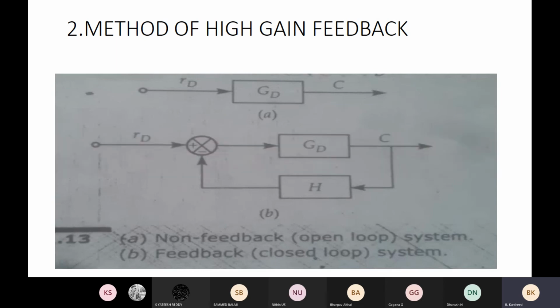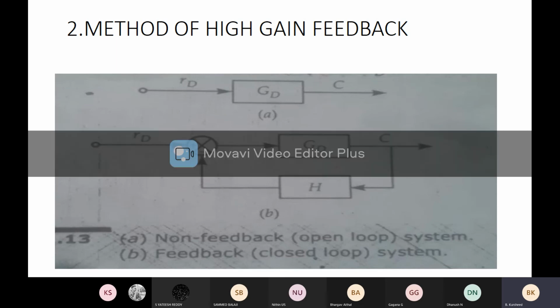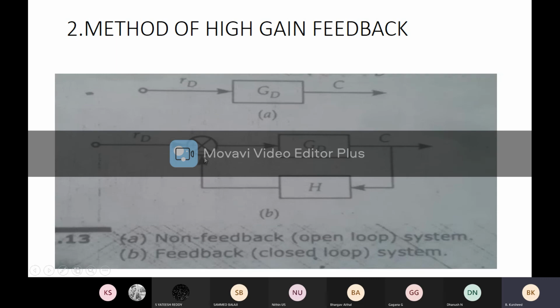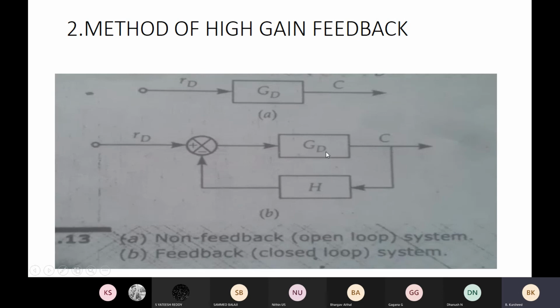The most significant advantage of using a feedback system is that the use of feedback makes the system response relatively insensitive to the modifying input. By using the feedback, the desired input will be less affected by the other interfering inputs, because we will come to know in the output how much the output is affected by the interfering input. Based on that, the input signal will be decreased or increased. Okay, so that the desired input will be given to a system, which will be gained by GD.